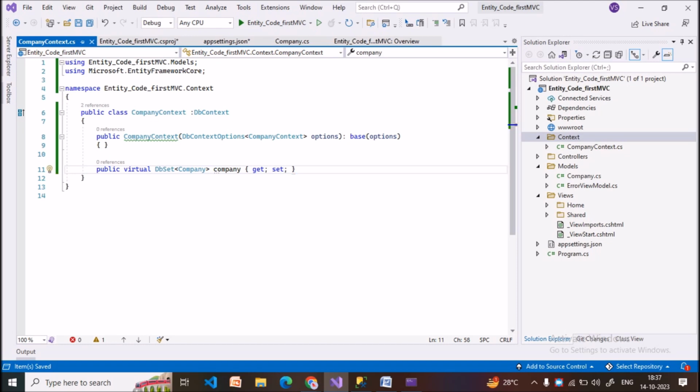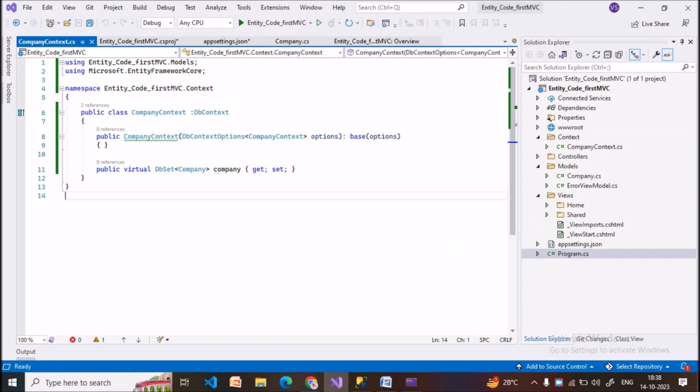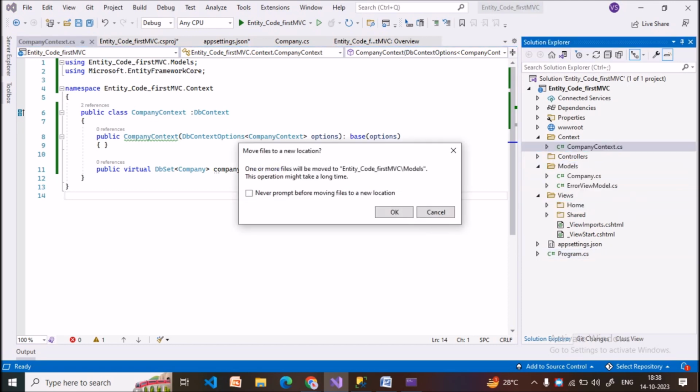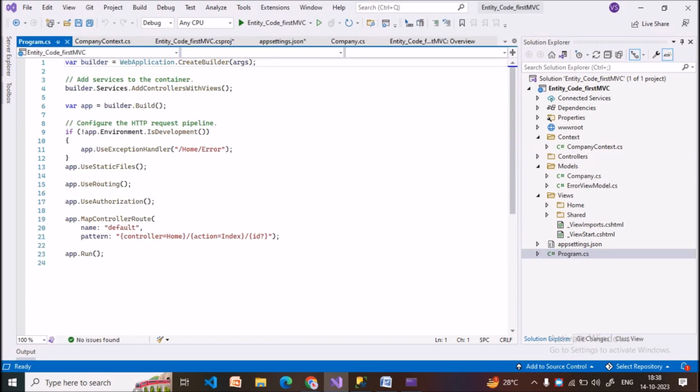Okay. So we have completed here the model part and appsettings where we have defined the database string name, database name, all these things. And we have also defined the context class, CompanyContext. Now move to the Program.cs side. Okay. So inside the Program.cs we have to define